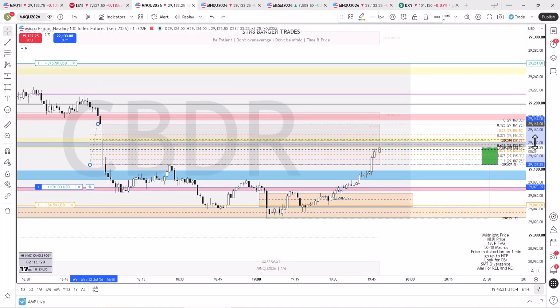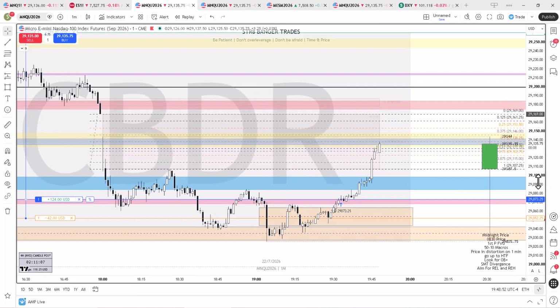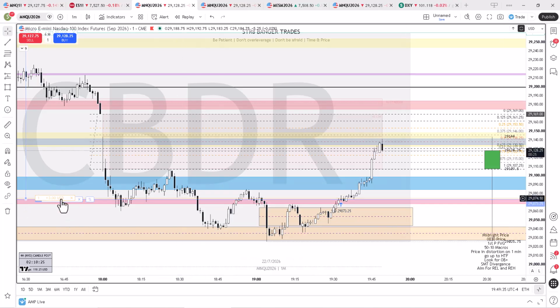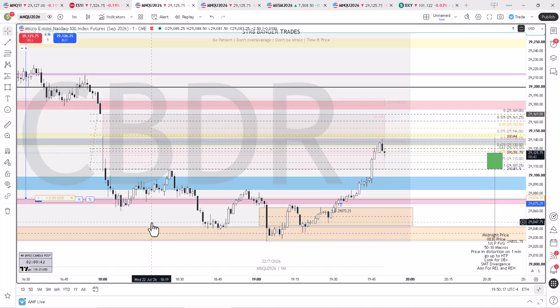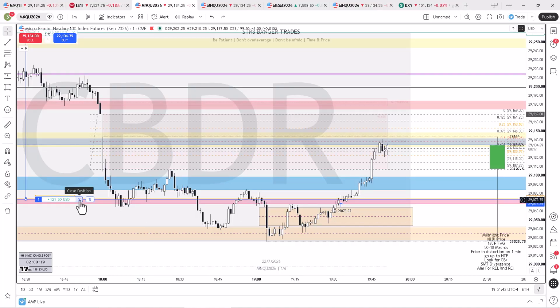Although this is much cleaner, way nicer, and just the fact that I've been burned so many times, I kind of want to get a win on my record, get a new high on my account, and also get my losses back, right? Get my losses and some more, and I did get my losses and some more. I was thinking about closing price right here. It's at the 50% of the new day opening gap, and it's showing signs of reversal.